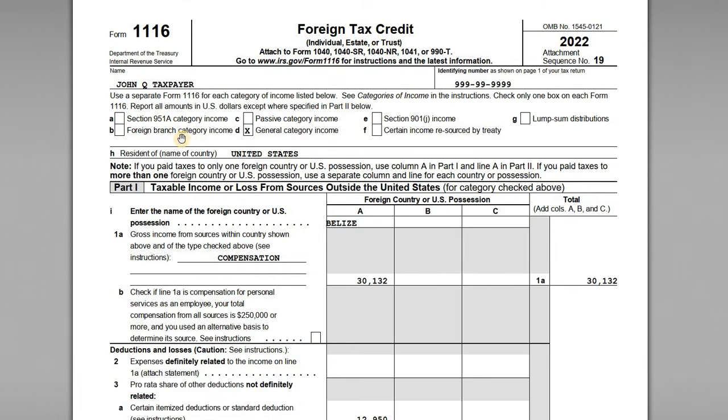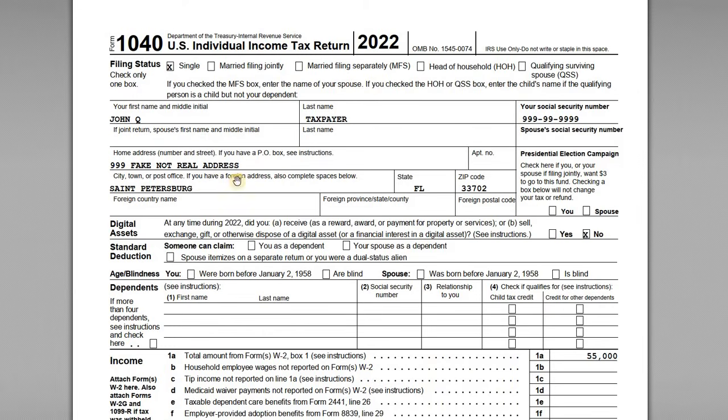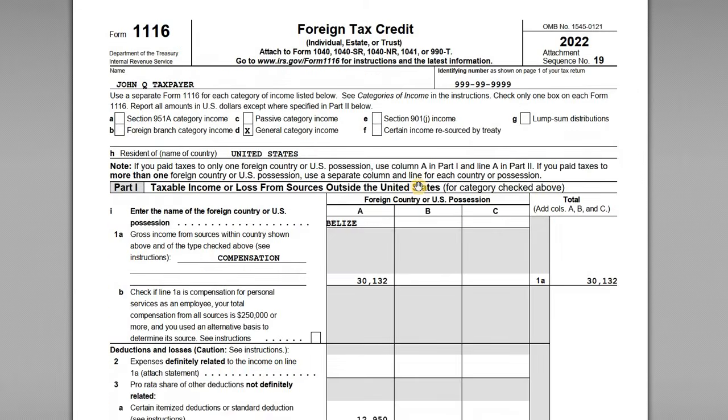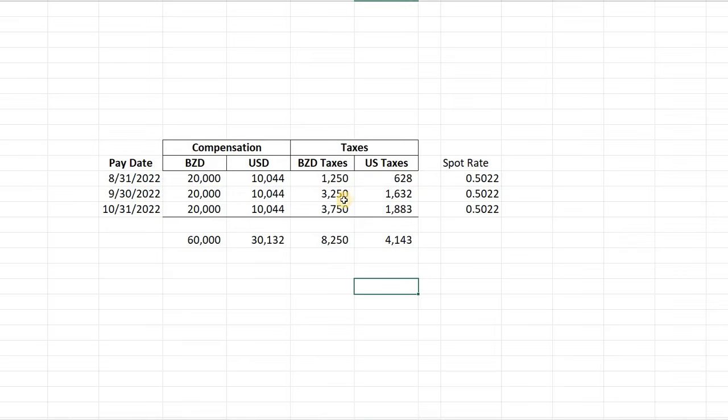tax return. So in our sample here, we've got John Q. Taxpayer. He's filing a 1040. And it is part of a full tax return, so we'll go through the 1040 itself and then the 1116 as well. And in addition to this, I do have a simple Excel workbook here that summarizes some of the